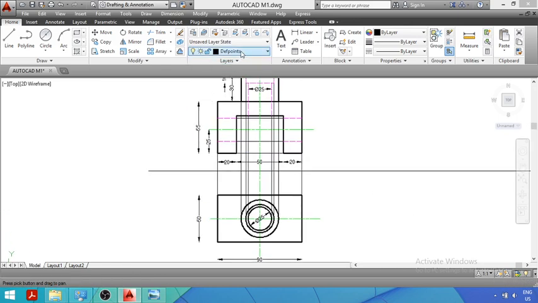So first what we will do, we will project the edges. Now you know this is the edge that we have to show. So I will project this line in the top view up till this point. So I have projected this point. Since this point and this point are in a straight line, we will project this line in the top view. Again we will project this point in the top view on the right hand side.